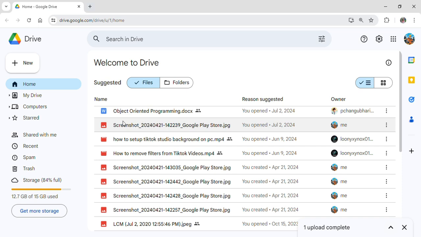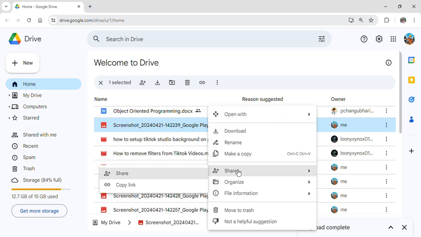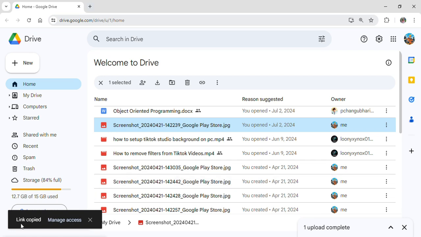Here you can see that this is the file that I want to share. Now simply right click on it. After you right click it, you can see that all of these options appear. From here, if you hover your mouse over the share option, you can see two other options appear: share and copy link. If you simply click on the copy link option, you can see that the link has been